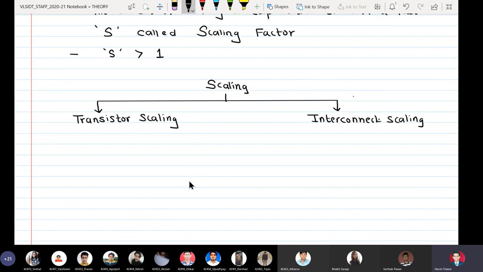Once we have reached the saturation of transistor scaling, then in order to further reduce the area of the chip, we have to resort to the second aspect of an integrated circuit, that is interconnect scaling. Transistor scaling has almost reached its saturation at 5 nanometers, so now they are focusing on finding ways and means to scale down the interconnects. Transistor scaling is further classified as